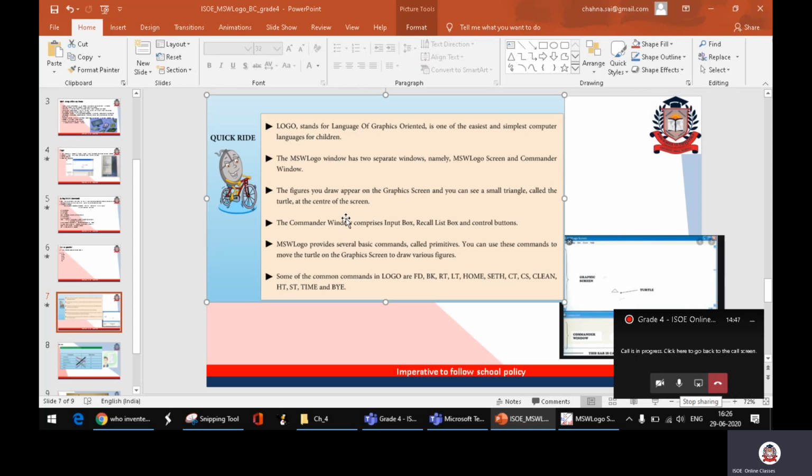CT is for clear text and CS is for clear screen, and everything gets cleaned. And HT means hide turtle, ST is show turtle, and time will show you today's time. It will show in the 24-hour format. And bye to logo, to close the logo window. Okay, these are all the basic commands which we have used today.